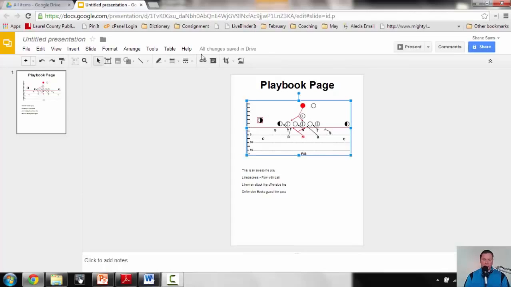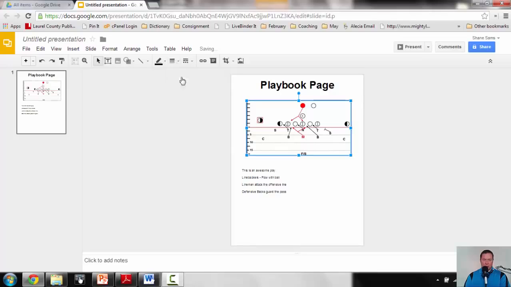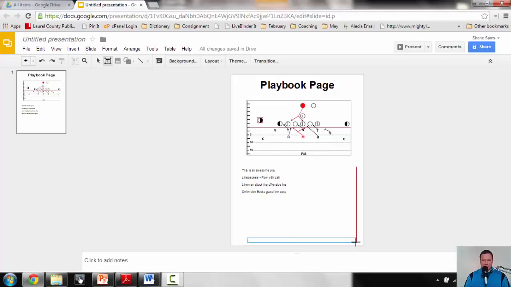Now of course I would make it more polished and make it look nice, and we could put some nice lines around the picture, and so it kind of didn't do that right. Let's make that black. There we go. All right, so we can put some lines around the page. We can add text, and then we might want to insert a copyright or maybe a link back to my website or something like that. We can just put copyright Shane Sams Flipped Lifestyle.com. Did I spell that right? Yeah, I think so. Okay, so now we've got a page that we can create,